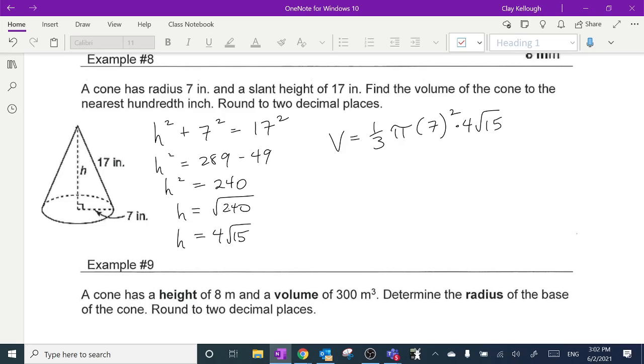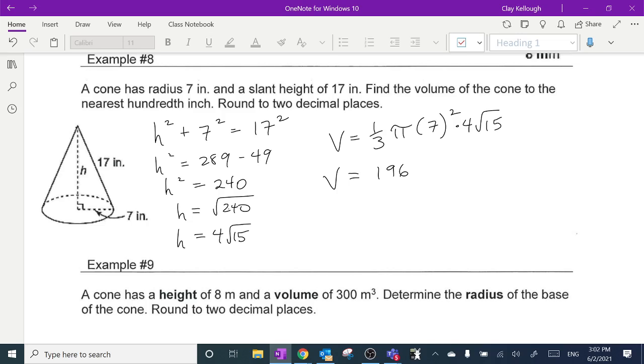What's 4 times 49? 4 times 50 would be 200, so that's 196. Am I right about that? 49 times 4 is 196. Yep. So my volume is